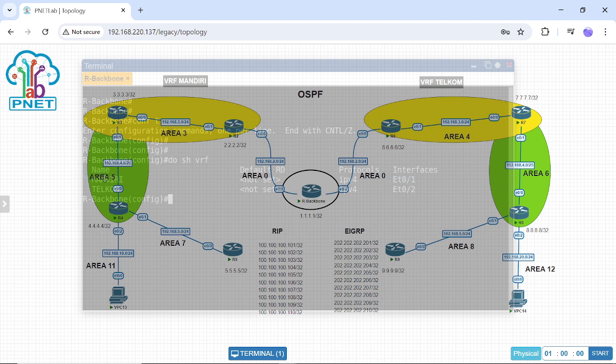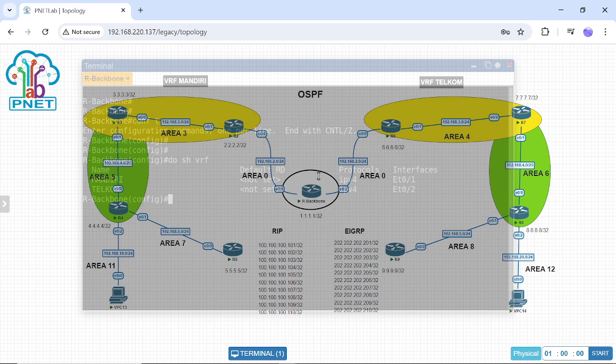The Mandiri VRF uses interface A0/1, like you can see here, and interface A0/2 is for the right side configuration.